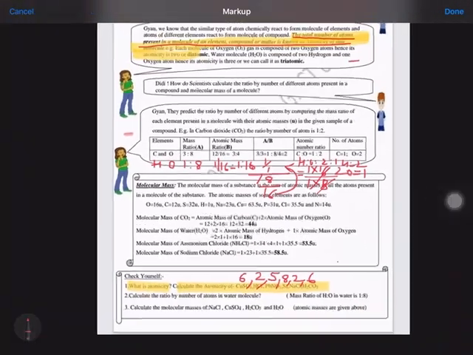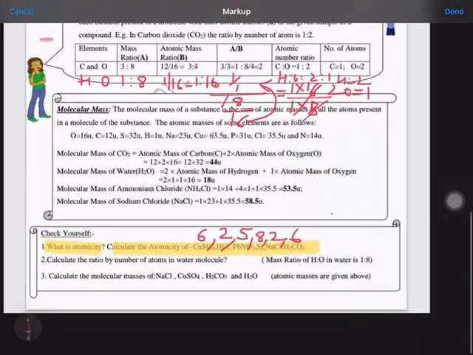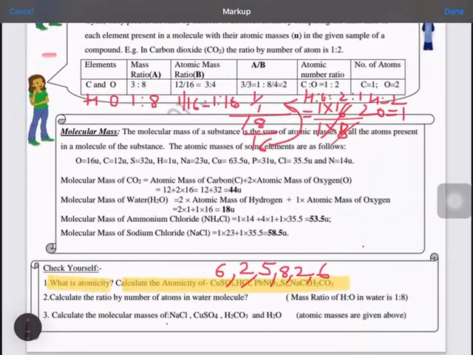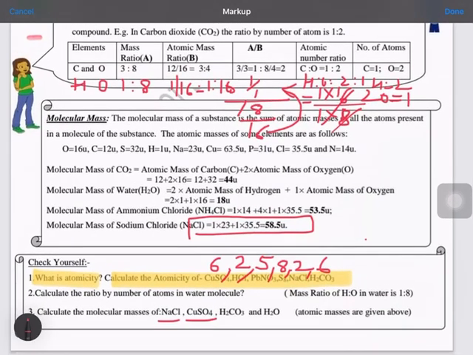Then the next part is you have to calculate the molecular mass of sodium chloride. In sodium chloride it was calculated already. For copper sulfate, you can take the atomic mass of copper given here as 63, sulfur 32 and oxygen 4 into 16. And for H2CO3, hydrogen, carbon and oxygen, and water, you can all easily calculate from this table.